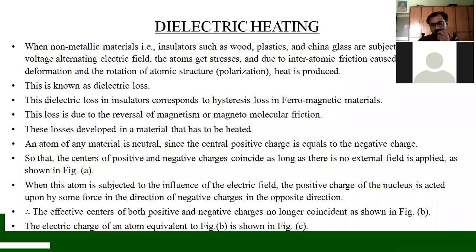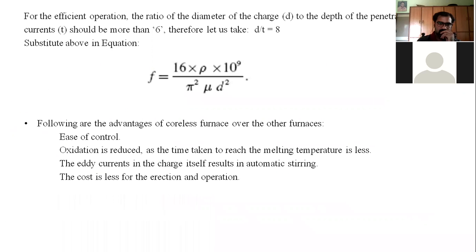In the last class, in induction heating, you studied the eddy current losses and the hysteresis losses. The eddy current loss always depends upon the square of the frequency. That means the higher the frequency, the higher the loss. But the hysteresis loss is going to be provided when you use magnetic materials. In the last sections, I have discussed these points.